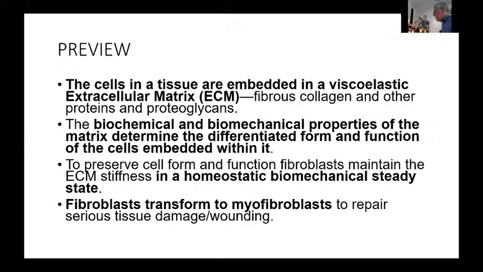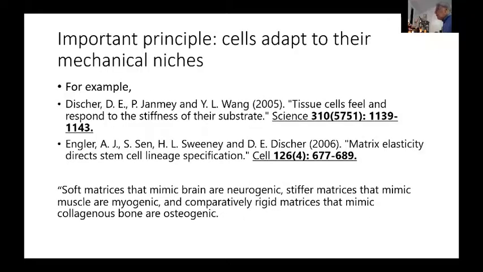And so they are both more contractile than normal fibroblasts, and they have synthetic capabilities for making collagen and other matrix material, which suits them well to repair serious damage to the tissue. So I am going to spend most of this time talking about a model for the transformation of fibroblasts to